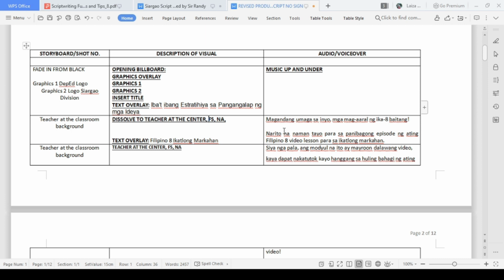Next line here, narito na naman tayo para sa panibagong episode ng ating Filipino 8 video lesson para sa ikatlong markahan. We put in our description of visual the text overlay Filipino 8 ikatlong markahan. So still same storyboard, same background. The teacher is still inside the classroom. But when the teacher says this line, there should be a text overlay of this, meaning the title, or no, not the title. The words that we want to put on the screen should be this, Filipino 8 ikatlong markahan. So that will be how you will be doing your